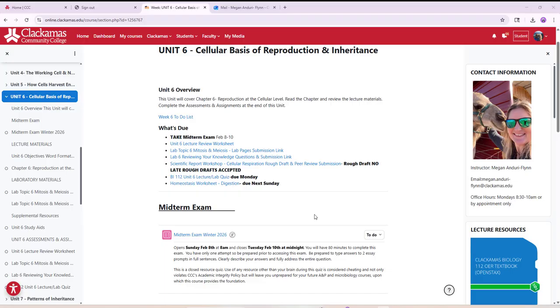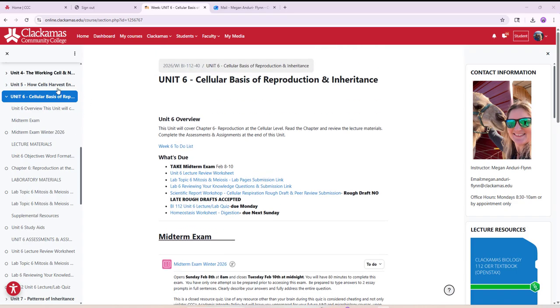Make sure you're well prepared, that you've been able to perhaps go through the study guides that were posted in Unit 5 and maybe review those unit objectives that were available all through each of the units and see how much you have been preparing and how much you can recall in this midterm exam. That's worth 50 points. Okay, so be sure to take that exam by Tuesday midnight. All right, so that's the first thing that we need to make sure that we do this week before we get into chapters or Unit 6.